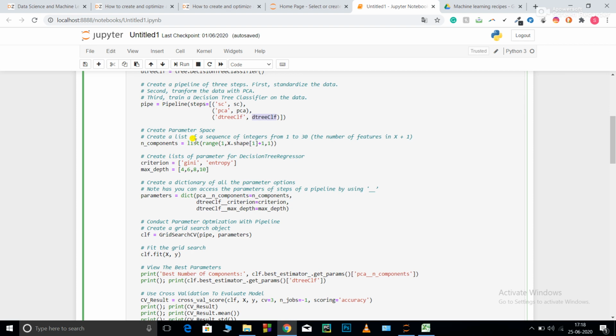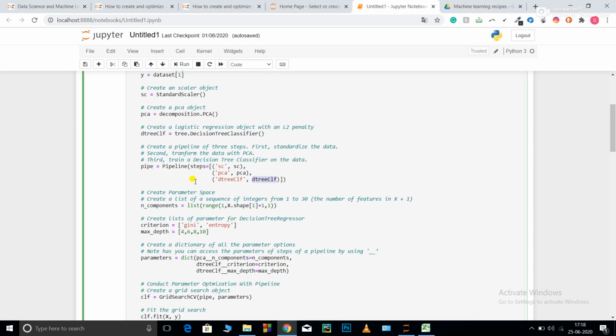Now n components, I'm creating this n components for my PCA. Basically you need to specify the PCA components, for example 5 or 6. But here I want to get the optimum number of components for my model. So I won't give a number by myself in PCA, I will use grid search CV. So n components is equal to a list.